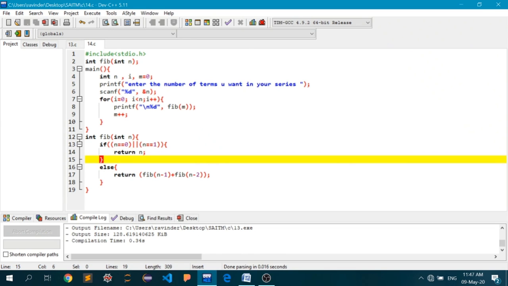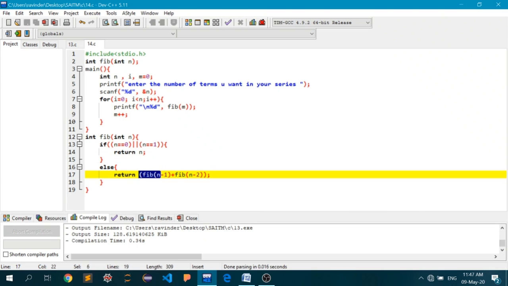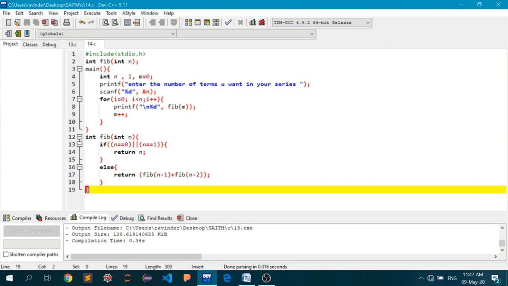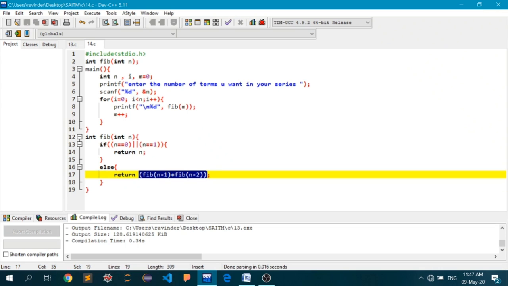Other than that, if we are asked to print the value at some other index in the Fibonacci series, other than 0 and 1, we'll just return this particular expression here. Obviously the expression itself will not be returned, but the value generated out of this expression will be returned. Now what we have done here is, as you can see firsthand, that inside the fib function we are actually calling the fib function again. So we have a recursion in action.